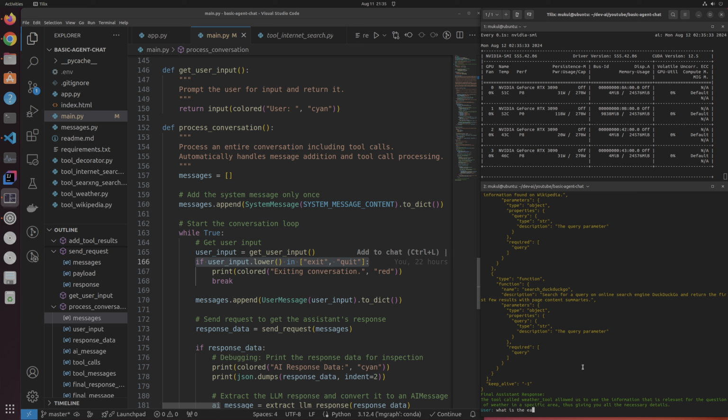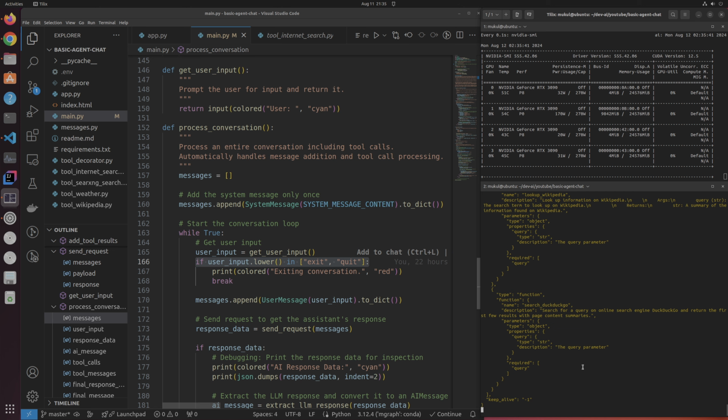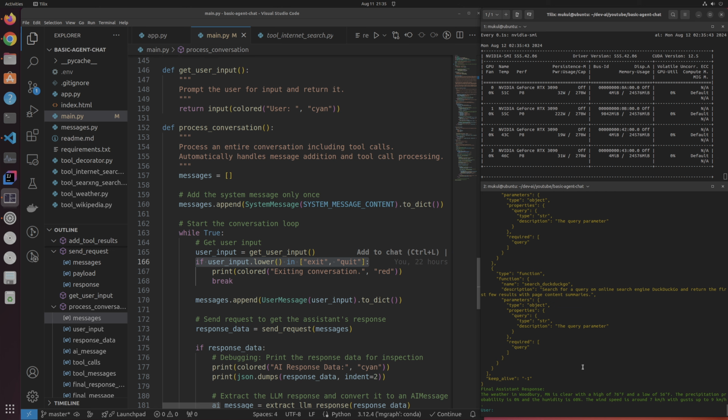What is the weather in Woodbury, Minnesota? And I think this time around, it should get a proper tool response back, and it should give me the correct answer. So high of 76 and low of 56. And if I say,